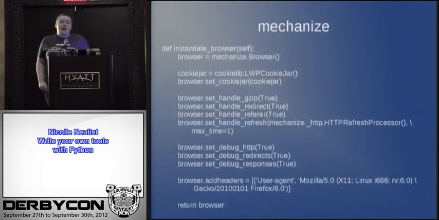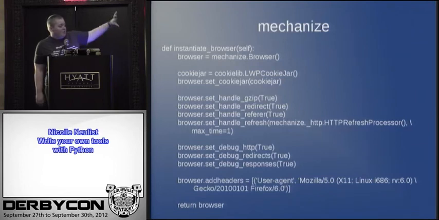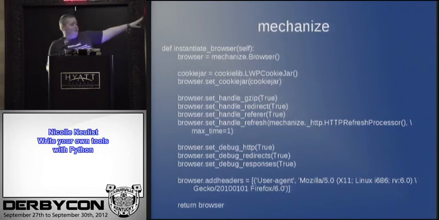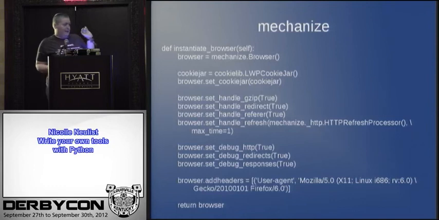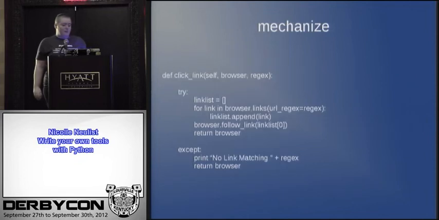One is called Mechanize. I mentioned earlier that urllib had some cookie handling functionality, authentication handling functionality. But Mechanize is awesome because you instantiate one of these browser objects. You can set it to manage your cookies for you. Set how it manages zipping, redirecting, refreshing, how much debug it's going to print for these connections. You can fake your user agent string, and this is all built into the module for you.